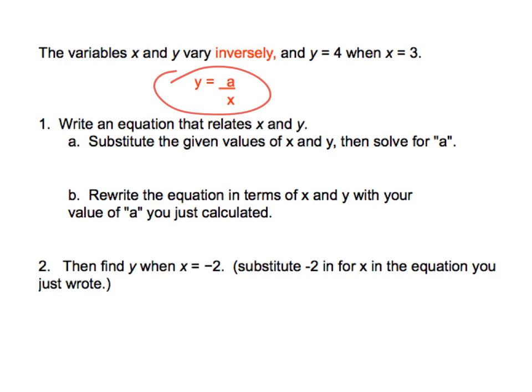And to do that, when things vary inversely, the easiest way to do that is to say that a equals x times y. Because then you notice in this equation, if you solve it for a, multiply both sides by x, you get a equals y times x. So in order to find out a